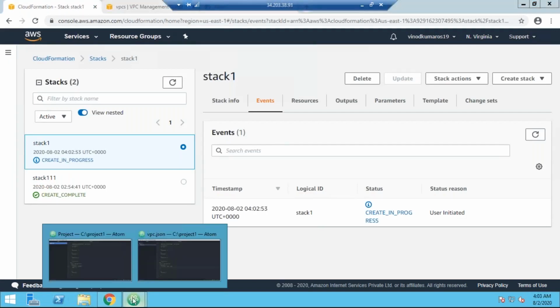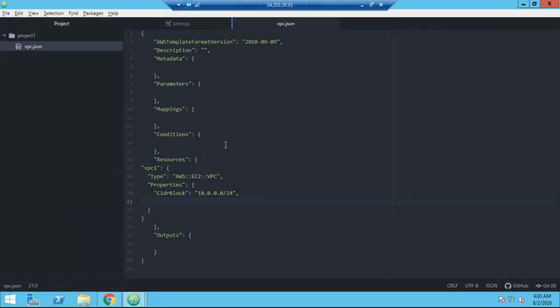When I check the template, we can see that it has different sections: template format version, description, metadata, parameters, mappings, everything.